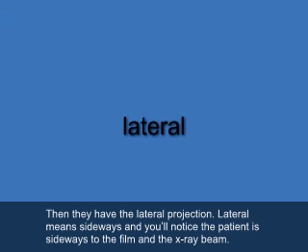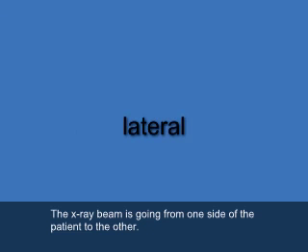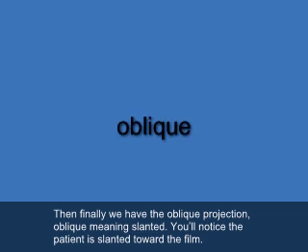Then they have the lateral projection, and lateral just means sideways, and you'll notice the patient is sideways to the film and the X-ray beam, and the X-ray beam is going from one side of the patient to the other. And then finally we have the oblique projection. Oblique means slanted, and you'll notice the patient is slanted